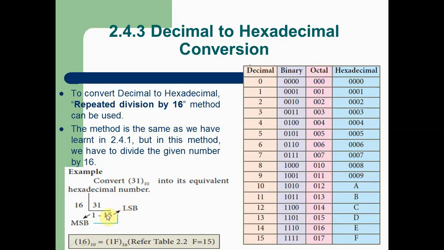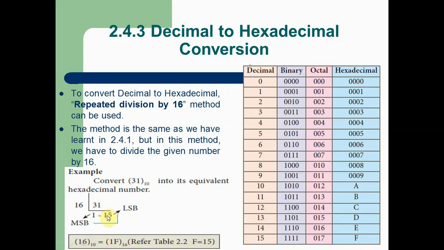If the number is greater than 9, then you should use the letters that refer to the number. For example, here you can see 15 is in the LSB. For 15, the letter for the hexadecimal is F, which we already discussed in the hexadecimal conversion. So each and every digit after 9 has its own representation. If you want to write it in the hexadecimal format, you should use the alphabet. If you want to calculate, then you should use the positional value.